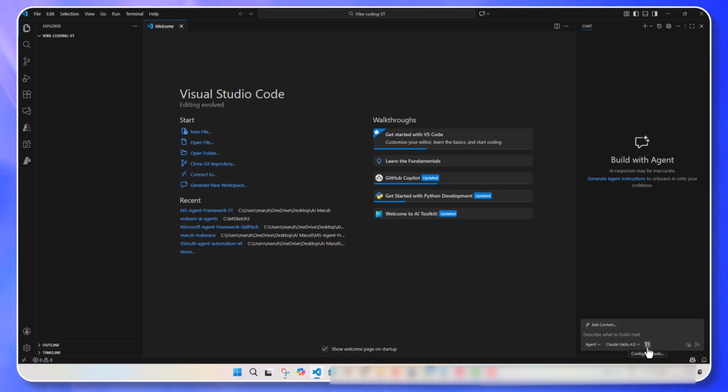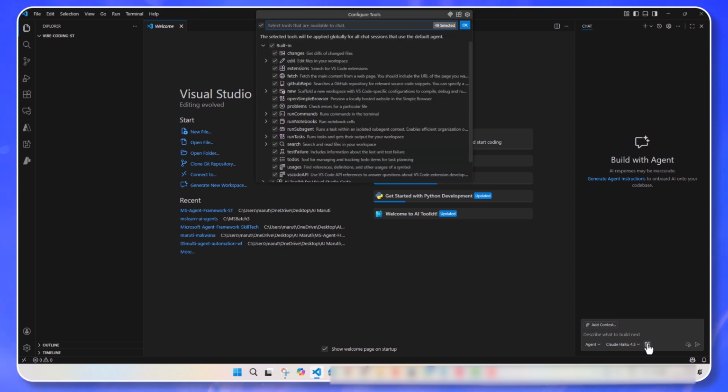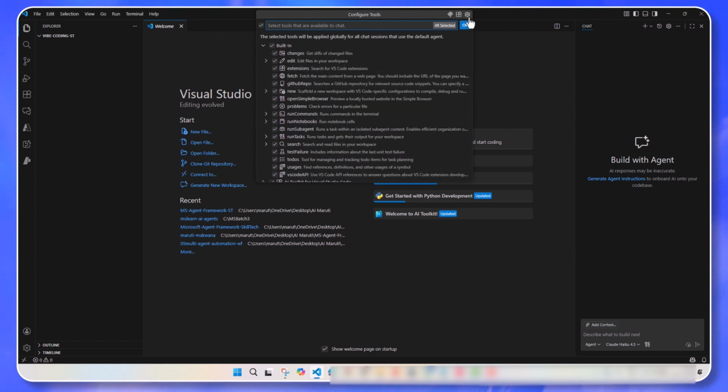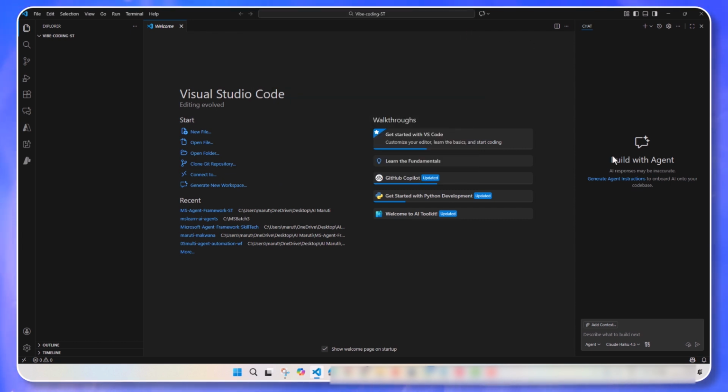And then on the right side, we have a configure tools section, which is also available. There are so many tools which you can associate with the agent. I have configured some of the tools, but it's not required right now, so it's perfectly fine. What I'm going to do is ask my Copilot whether it can help me with developing some game or not. So I'm just going to ask simply that, hey Copilot,